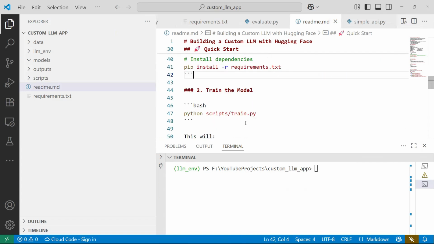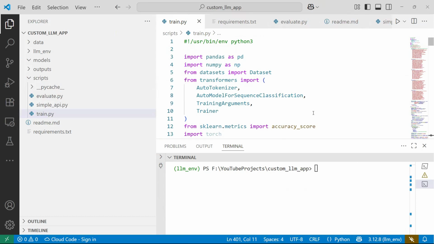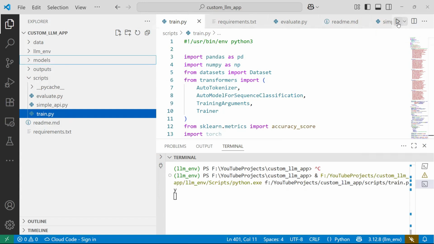So I'm going to directly run the train model, and let me fire the train model command. Meanwhile, we will keep discussing what is happening here. I will press this run button. As you can see, there is nothing inside models. When the train script runs, I expect the model to come and sit here. So let me fire this first and we will understand what is happening. Let this run.